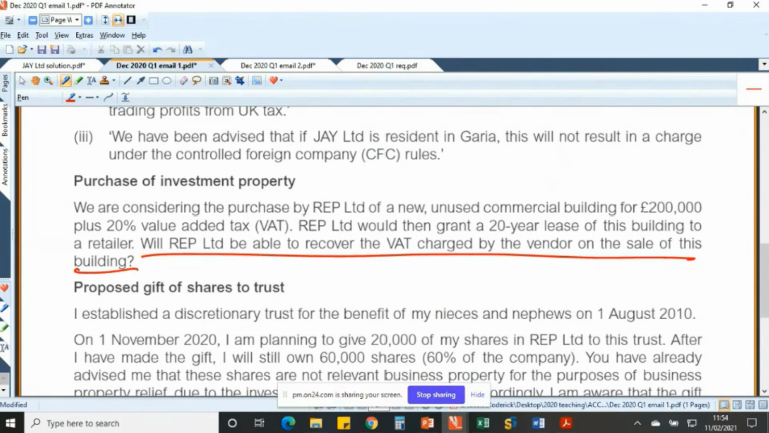Okay, so they're buying a building and then they're going to rent it out. They'll pay input VAT when they buy the building. Can they get that back? Okay, so they're going to rent the building out. If I also go to the other exhibit,